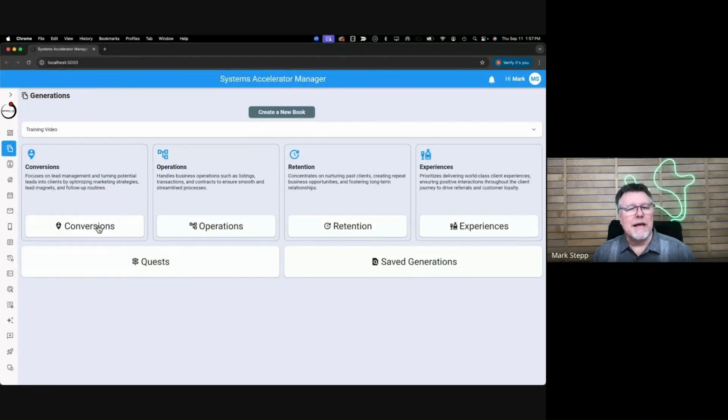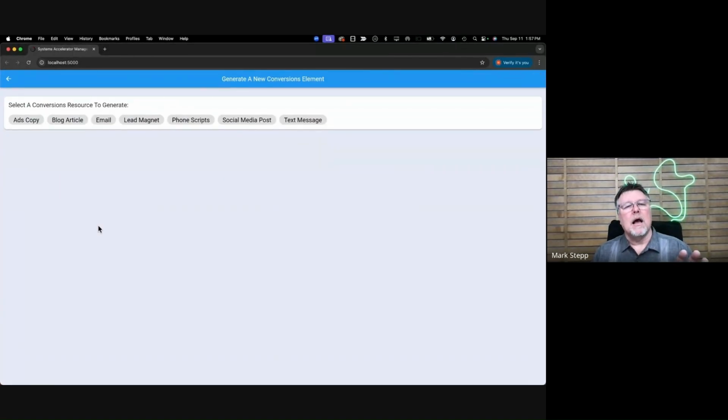Whenever you go to create content in here, it kind of helps you step through. If you're not a big ChatGPT knowledgeable person, and you just go in there and say, I want a lead magnet, in ChatGPT, there's no telling what it would give you. You have to be specific. So Cody originally came in here and said, well, let's make it easy on them to create content, but do it through kind of a menu process.